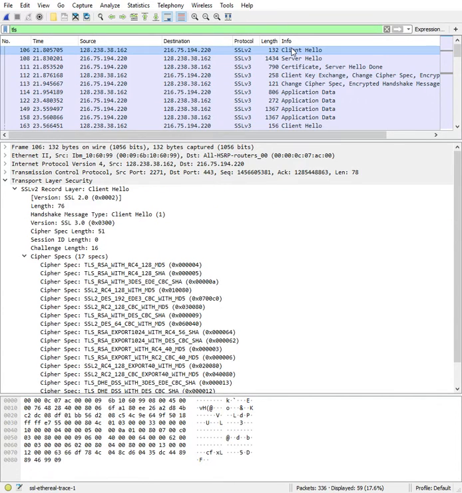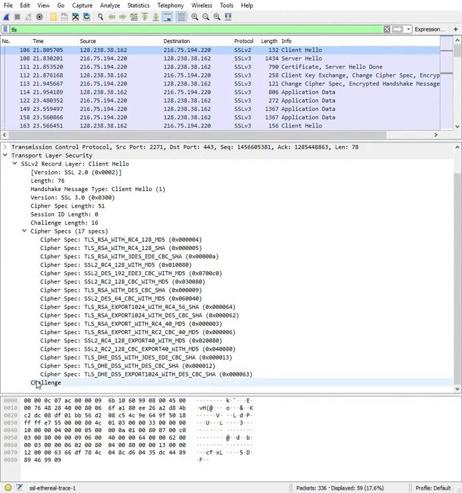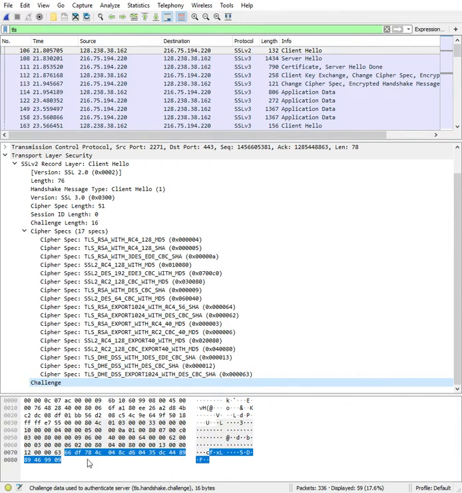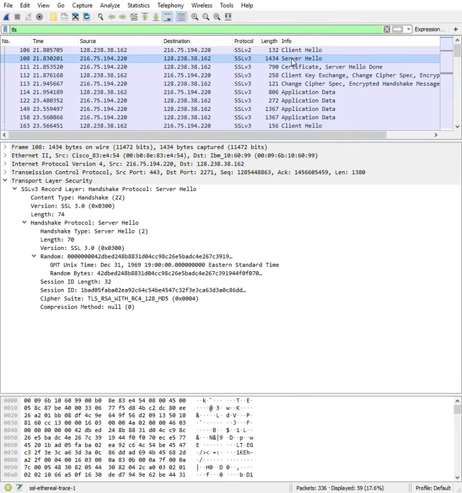Now back to the very first packet, we can see that this is the first client hello. Now this contains a challenge right here, and here's the hex that it contains. It also advertises a set of cipher suites that it supports. The very first one supports RSA for the public key algorithm, RC4 for the symmetric key algorithm, and a hash algorithm of MD5. And we can also see that the server